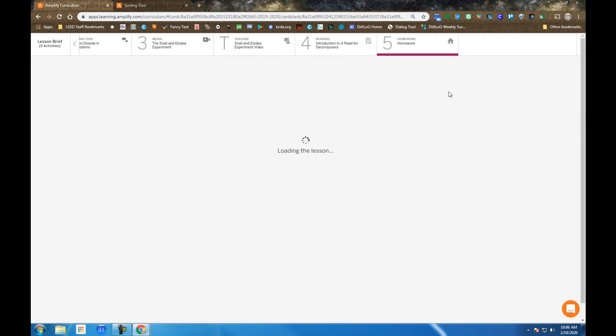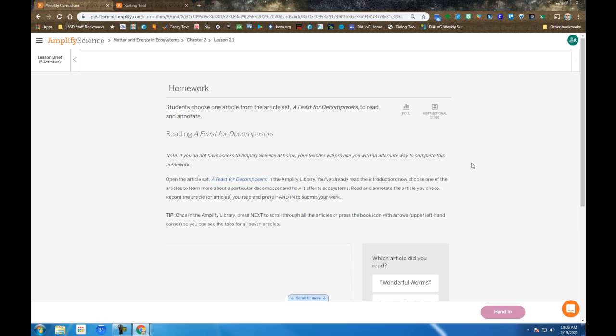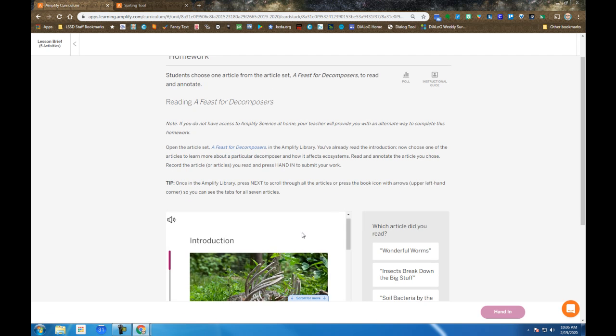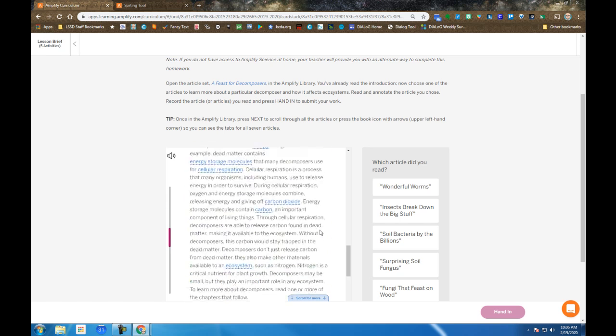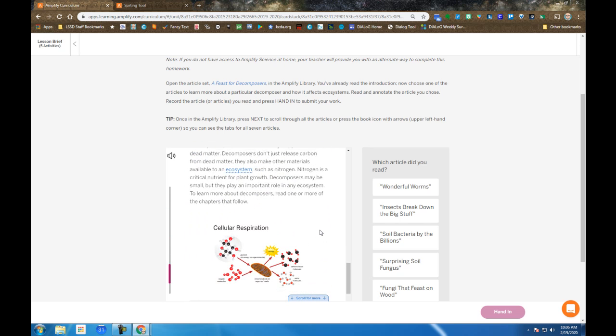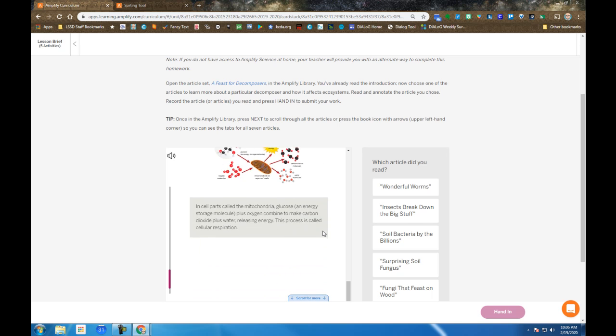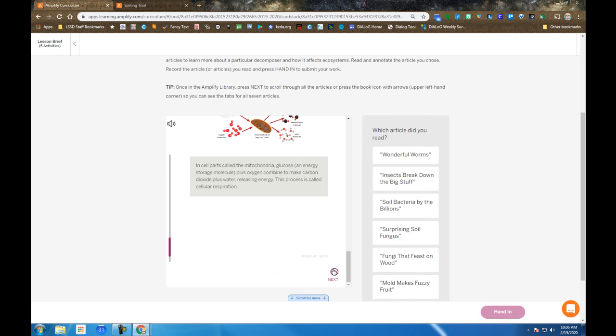And then in Step 5, the final step, you're back in the article set and you're reading one of the follow-up articles after the introduction. So you read the introduction, then use the links at the bottom of the page to move through the next